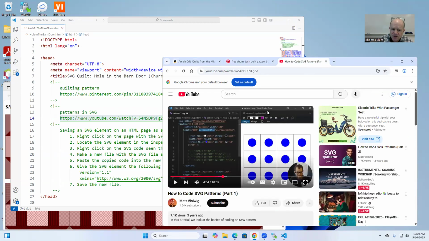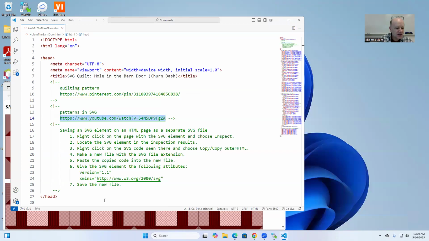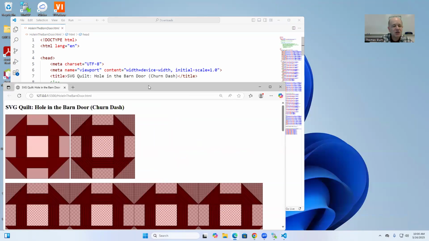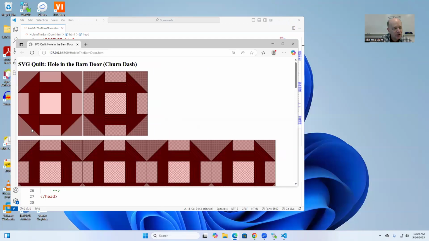And then I used this YouTube video to explain to me some things about SVG patterns. I'm also going to use SVG image. Okay. So this was the actual page that I made. So I use this as an SVG. I reproduce that pattern over all shapes. And then I brought in patterns, and then I used those patterns